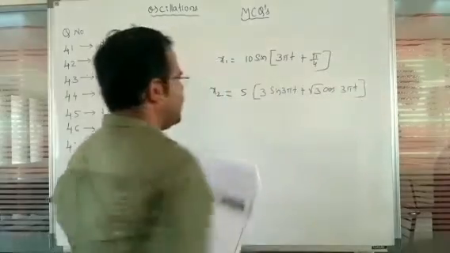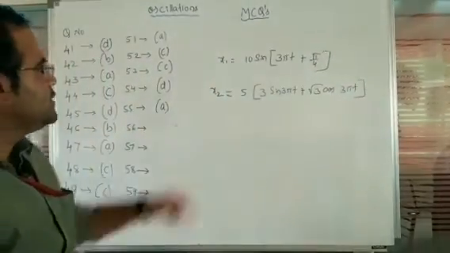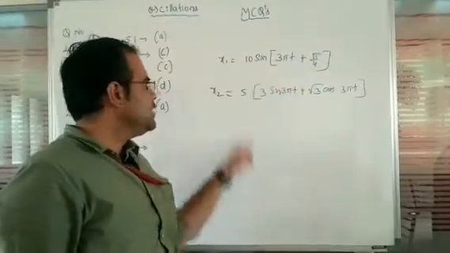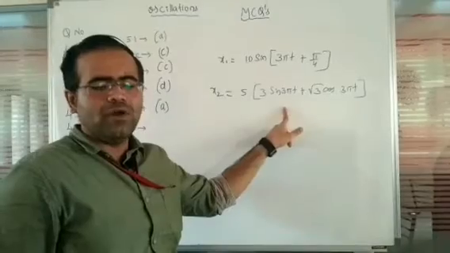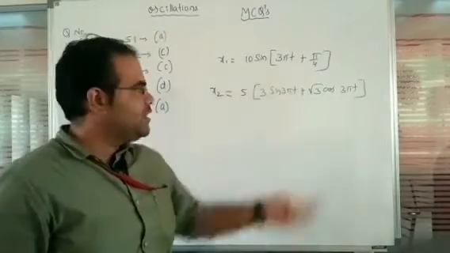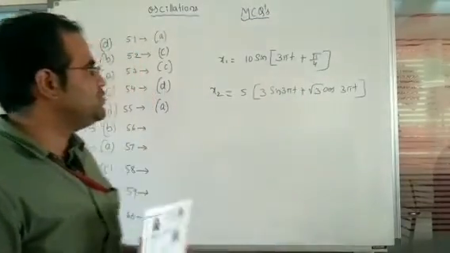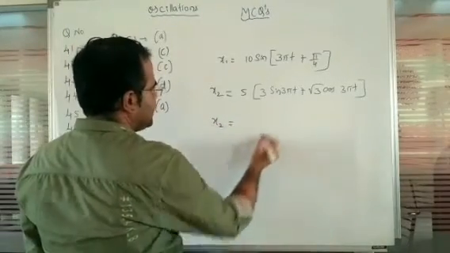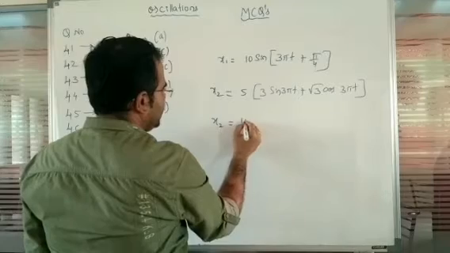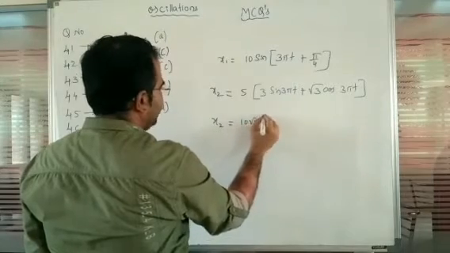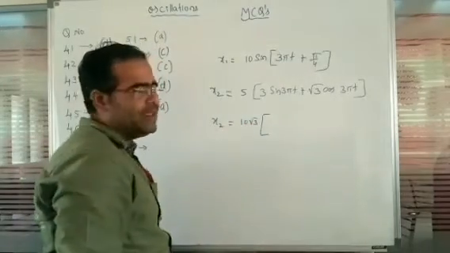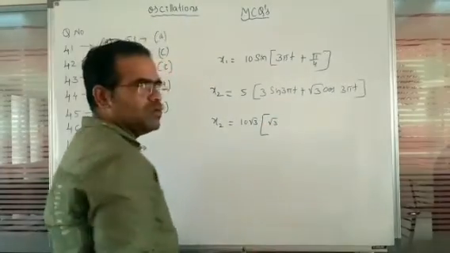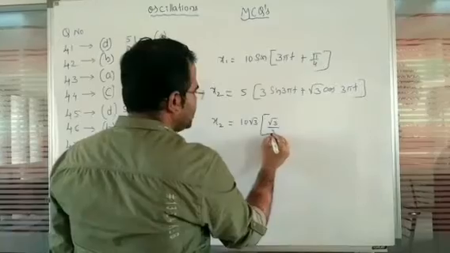But here this is not in the general form of the first equation. So that is the reason this second equation, we will convert in the form of the first equation. When we convert, we are going to observe the alterations like this. Let us write 10 into root 3. So 10 into root 3 will be taken as common here. Then we are going to observe root 3, again divided by 2.